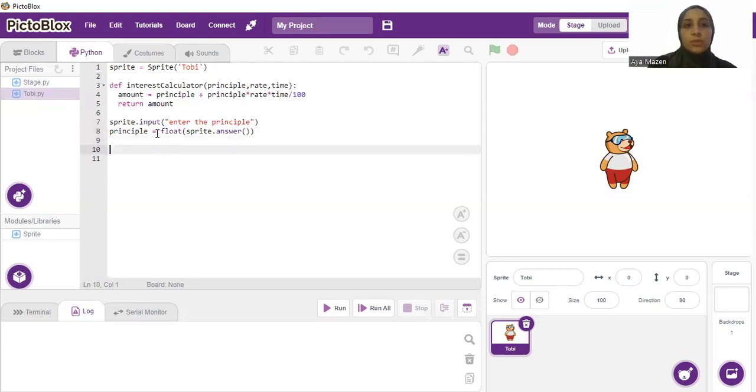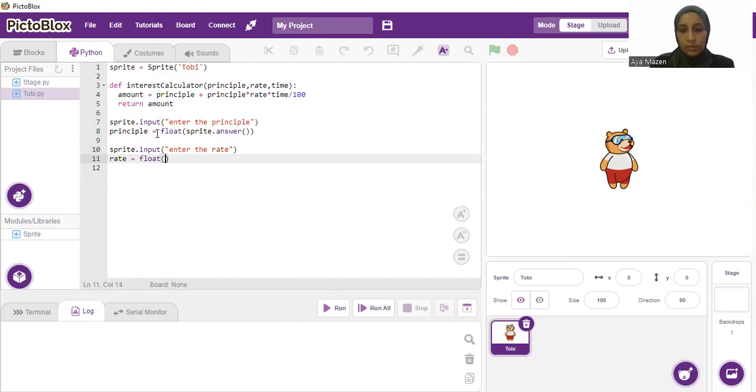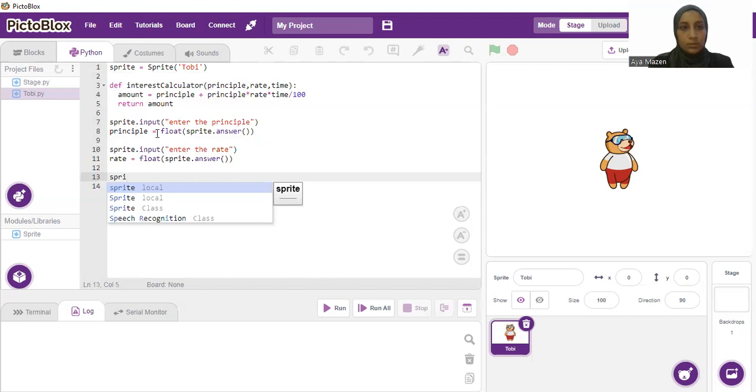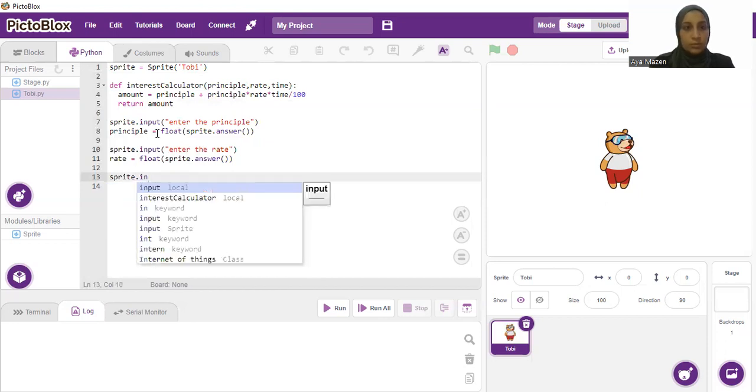And here also you will do the same thing for the rate and for the time. So sprite dot input for the rate. Rate equals float also, as it can be a float number. Sprite dot answer with the parentheses, and the last thing is sprite dot input